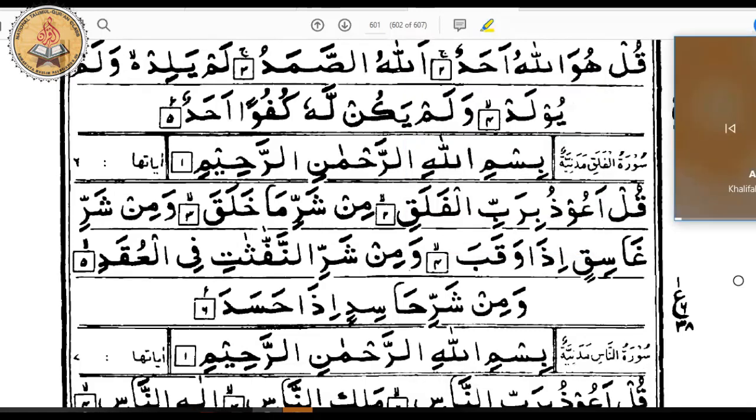بسم الله الرحمن الرحيم قل أعوذ برب الفلق من شر ما خلق ومن شر غاسق إذا وقب ومن شر النفاثات في العقد ومن شر